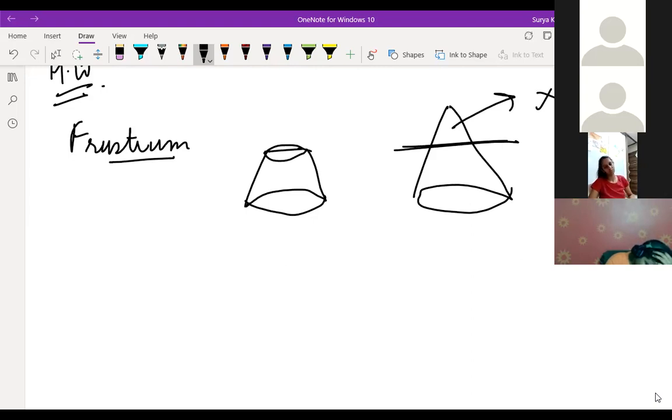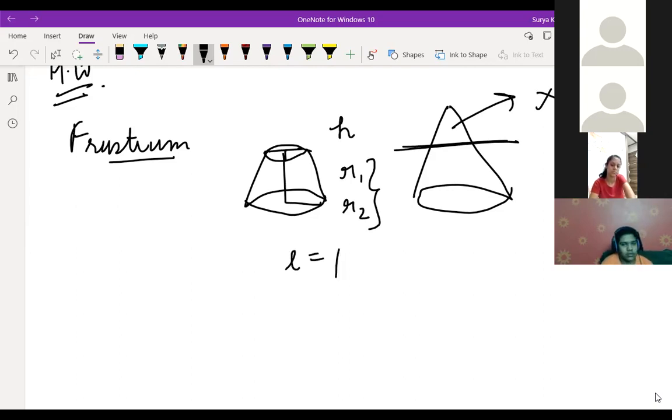So here we are having two radii, that is R1 and R2. The small one is R1. You can take anything, not a problem. R1 and R2, two radii will be there. One you are having height. And what is L? Tell me, Samarth, what is L? Is that lateral height at the side? So what we can write for L over here? L is equal to what?